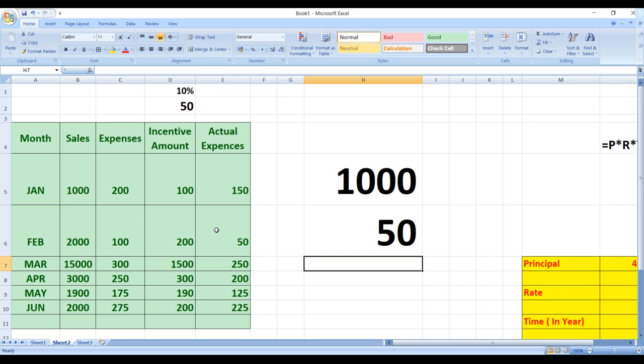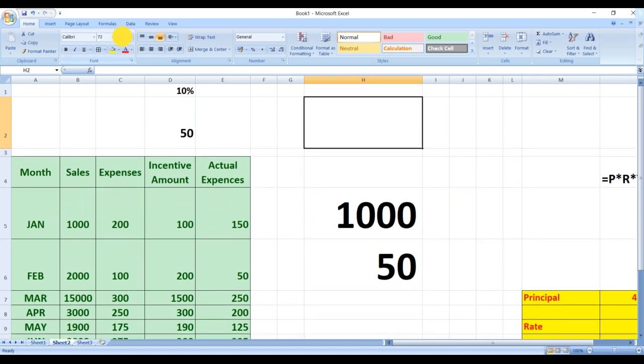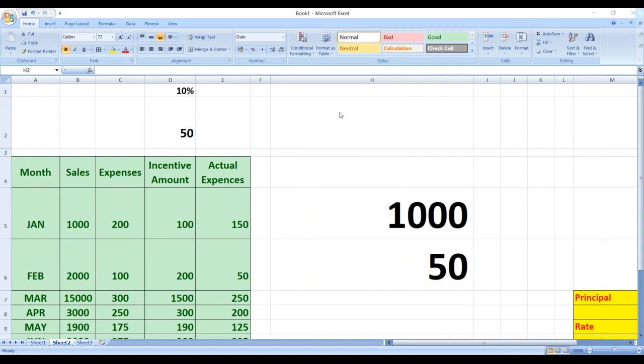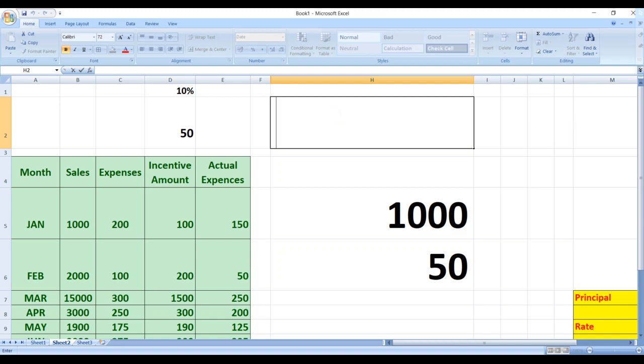Understood, kids? Now the last point of our lesson is today. If I want to mention the date, I want today's date. I'll just increase the font for you. Bold. I want to mention today's date, so I'll use the formula equals to today.